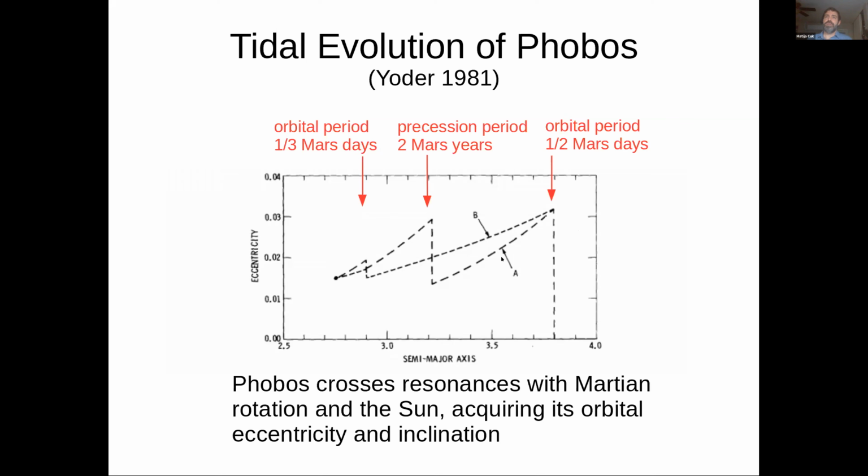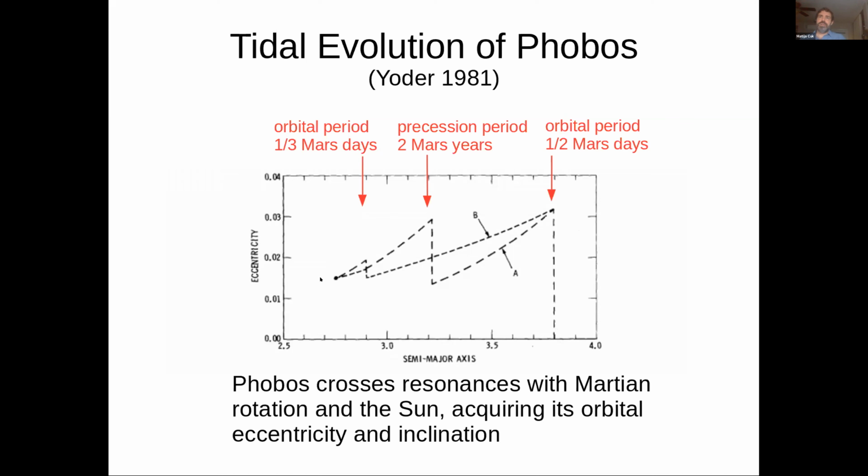So the way to think about this plot is that on the x-axis we have semi-major axis, but time really goes inwards because Phobos is moving inwards. And on the y-axis we have eccentricity, so Phobos gets to the resonance, gets its eccentricity kicked up. Now you have different options for how fast it damps due to tides within Phobos, but it's kicked up again